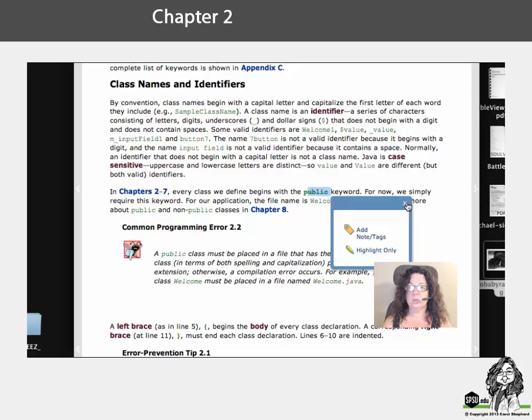Implements, again, with extends and interface. Long is a variable type. Protected goes along with private and public. We'll skip strict FP. Throw, as in throw catch, is exceptions. Volatile, we'll skip. Boolean is a type, as in car and double. Finally is a try, catch, finally. Import, we use that one because we need to tell Java where to find certain classes. Native, we won't use. That deals with